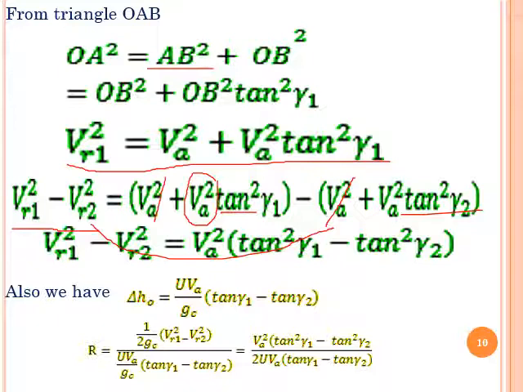Here this Gc from the numerator and denominator get cancelled. For that reason, in the remaining terms, this 1 by 2 comes to the denominator, so we get V of A square by 2 into U into V of A, and VR1 square minus VR2 square is equal to the expression we derived. Substitute it over here.